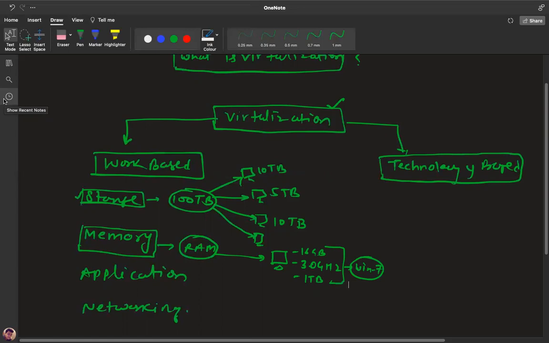Yes. You want to use the same configuration machine to create multiple virtual machines: 2 GB RAM, 4 GB RAM, 6 GB RAM. Is it possible? Yes, possible.